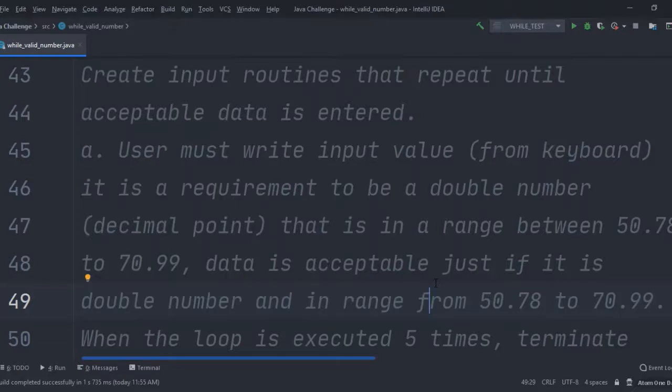We must enter the wallet number from the keyboard. We must write this Java code for this challenge example. Create input routines that repeat until acceptable data is entered. The user must write an input value from the keyboard. It is a requirement to be a double number, with a decimal point, that is in a range between